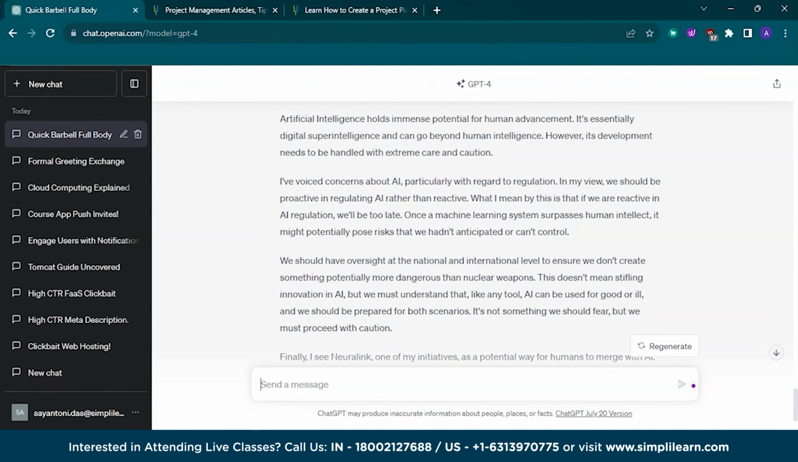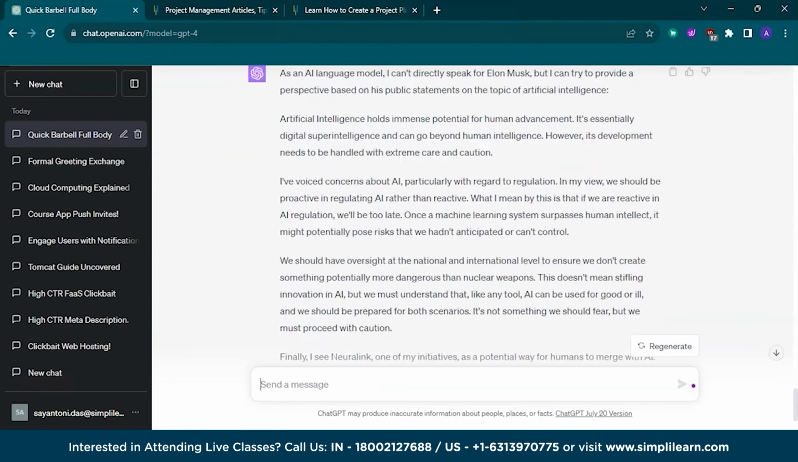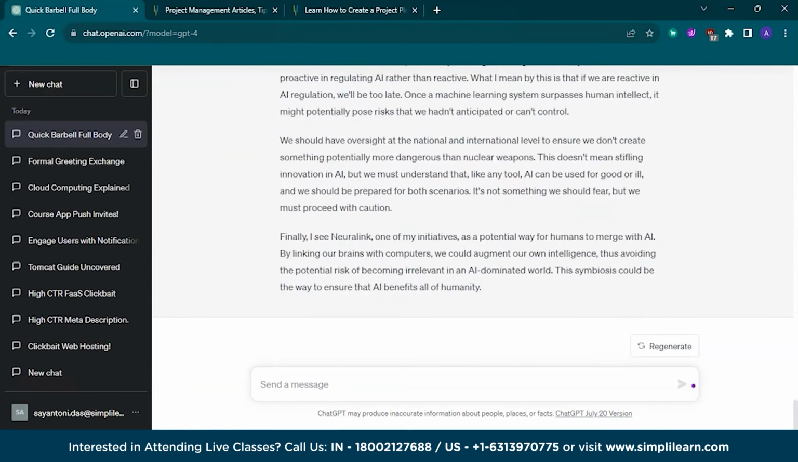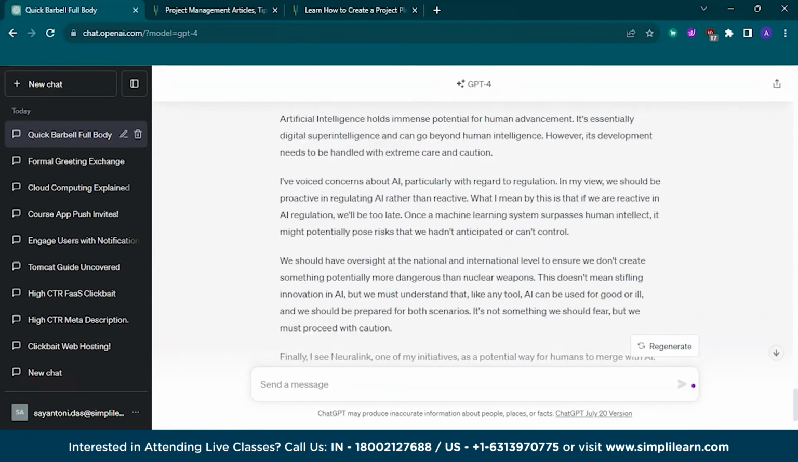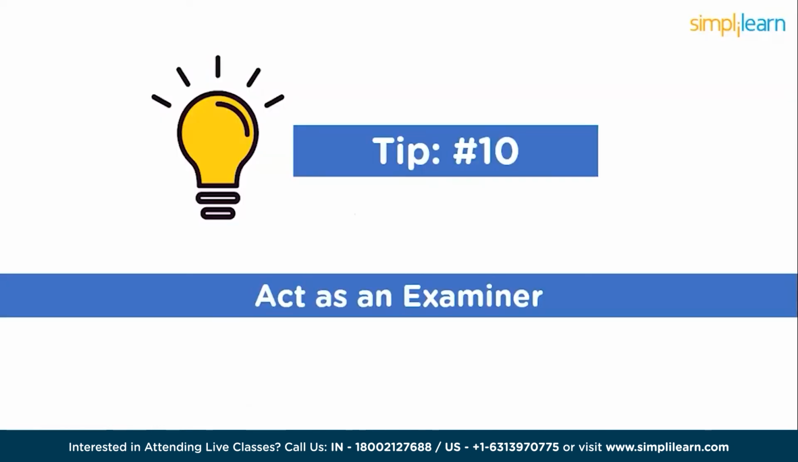But it is not saying that it can perfectly act as Elon Musk or directly speak to Elon Musk, but it can provide a perspective based on his public statements on the topic of artificial intelligence. So ChatGPT has analyzed all the statements that are present. That is, GPT-4 has some browsing features, so it has analyzed all the statements, and on that basis it has given us the result. And now moving on to the next tip,